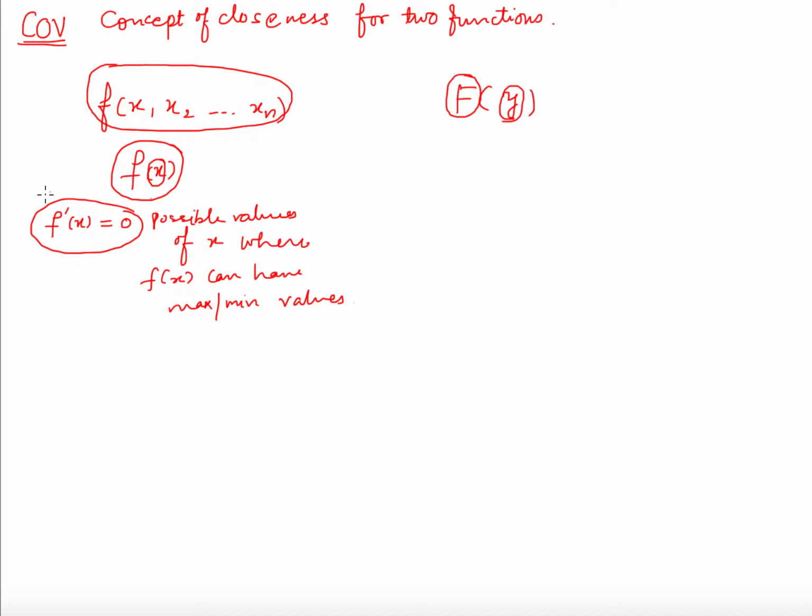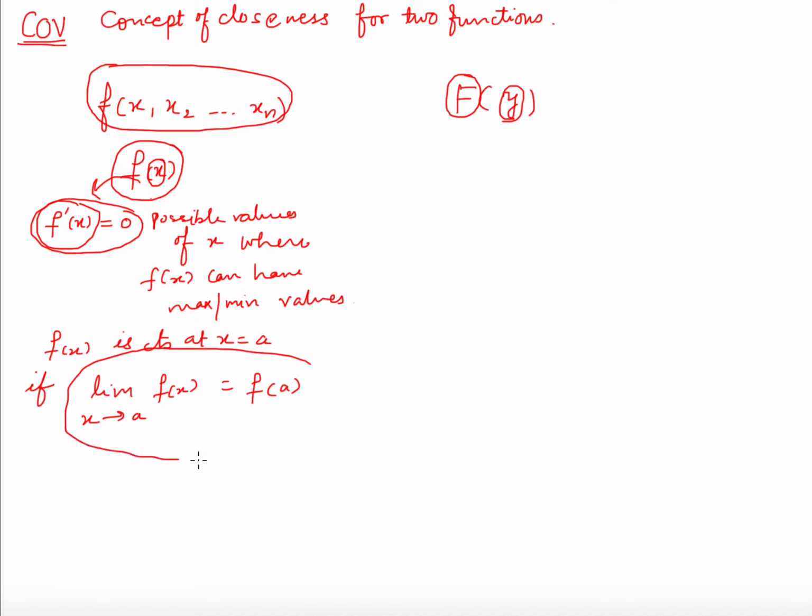So basically you find the derivative of the function and equate it to 0, and it means that your function has to be differentiable. And if your function is differentiable, then it has to be continuous. What do you mean by a continuous function? You say that a function f of x is continuous at x equals a if the limit of f of x as x approaches a is f of a. So what does this mean? It means that when x is close to a, then f of x should be close to f of a.